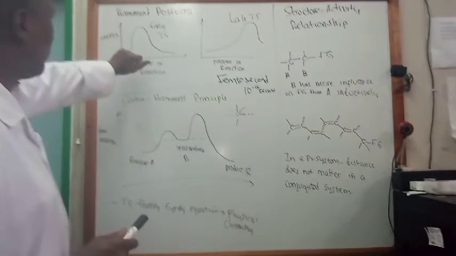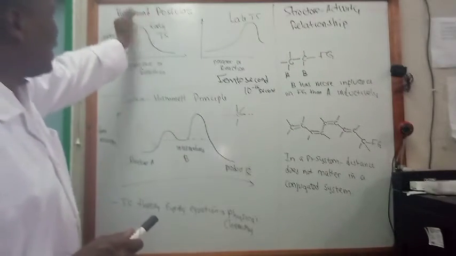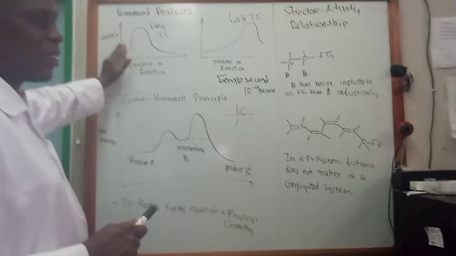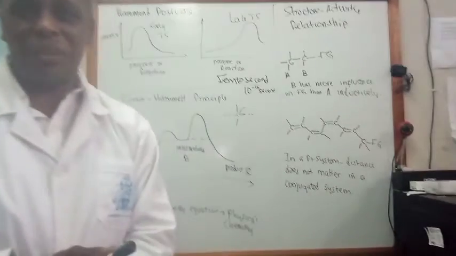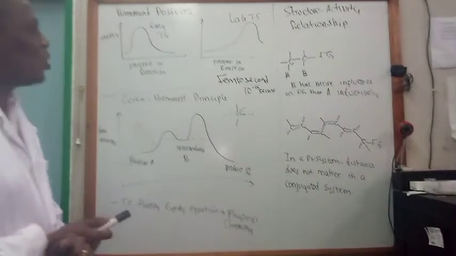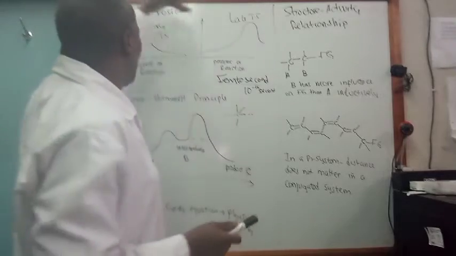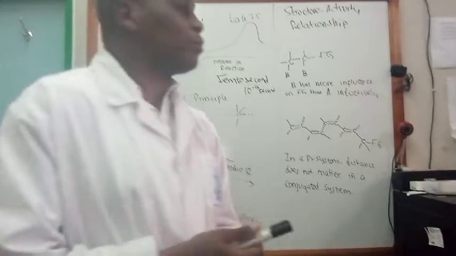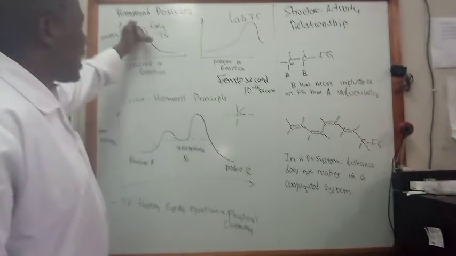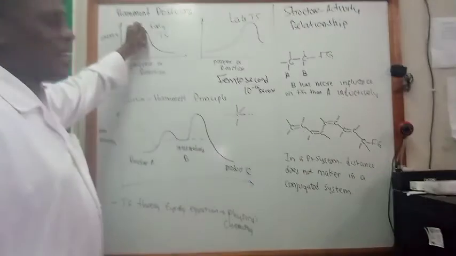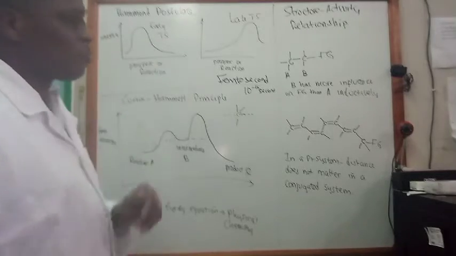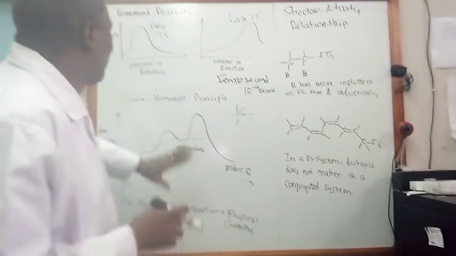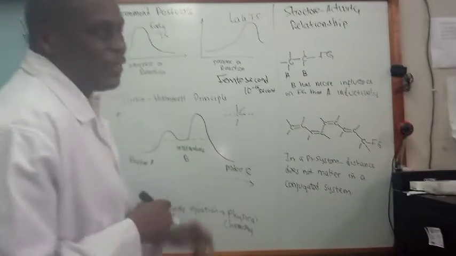So in this case, what can you say? This is said to be an early transition state, because it's very close to the starting material, and this is a late transition state, meaning that it's very close to the product. And what this postulate is saying is that if you're going to have an early transition state, then that transition state should resemble, in a way, the structure of the reactants.